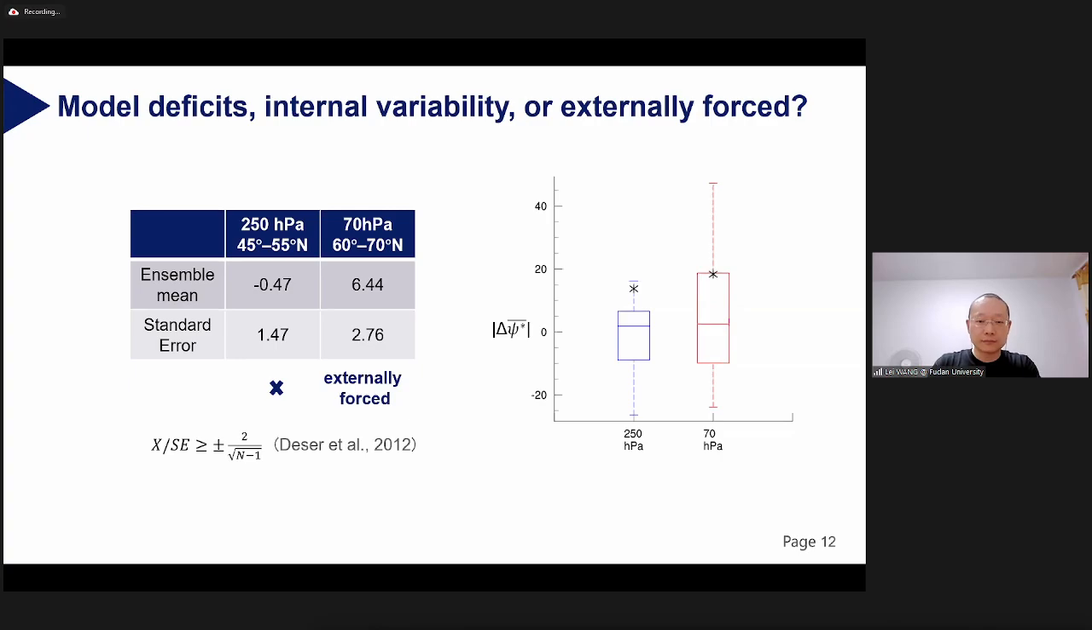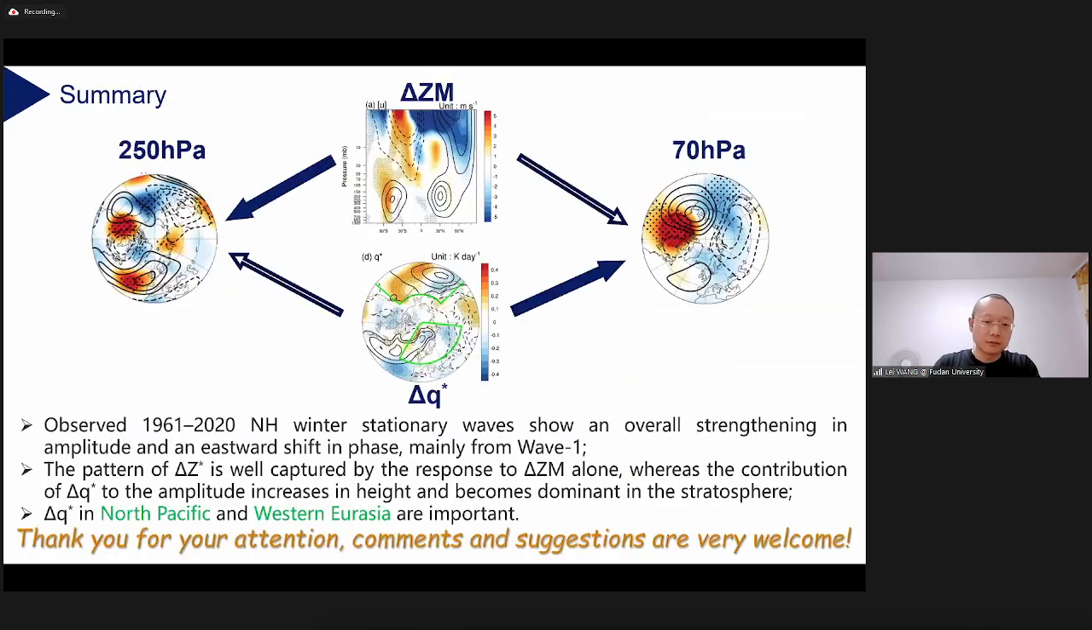If we break this down into a summary, we show that there are changes in both zonal mean and the zonally asymmetric forcings. The tropospheric response is mostly due to the change in zonal mean, which cannot be attributed to climate change. And the stratospheric response is a wave 1 pattern that is mostly forced by changes in diabatic heating,